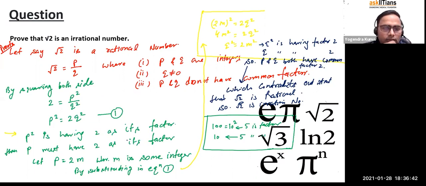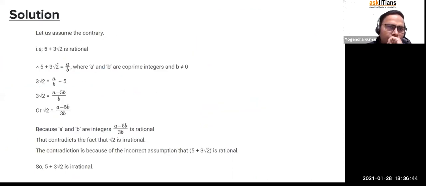Now the next question comes: suppose we have a rational form plus an irrational form, like that, right? If it is just 3 root 2, we can start with root 2 like this, with squaring and all, and we'll get the common factor, like we can prove again. But for a rational part plus an irrational part, how do we prove this? In the question, what is given to us, they are saying,